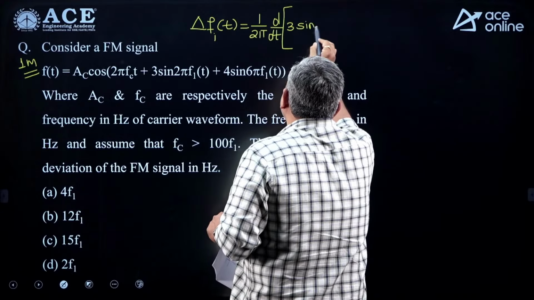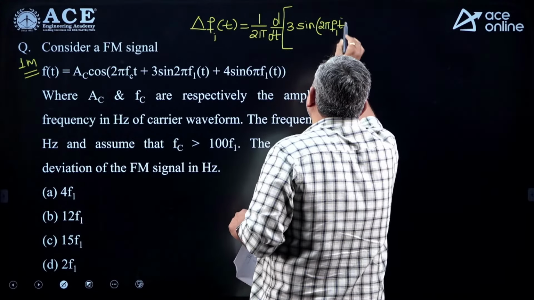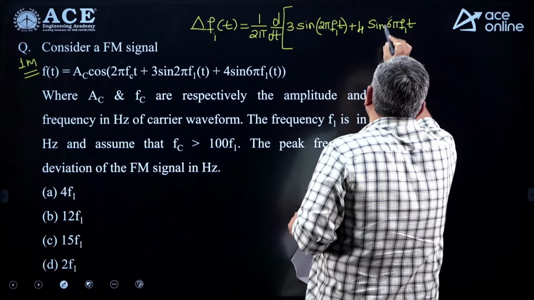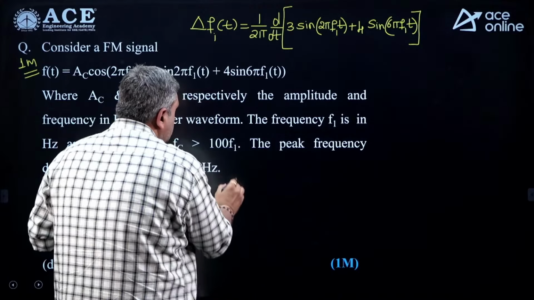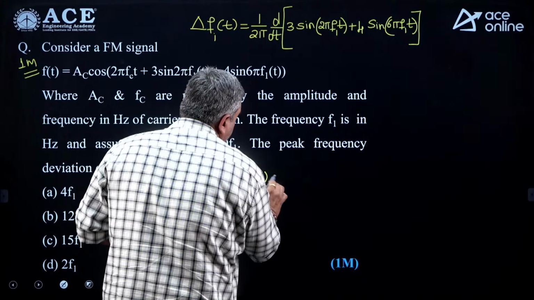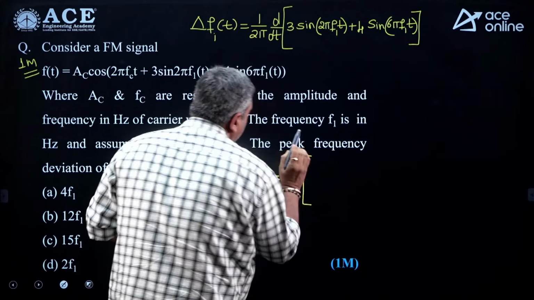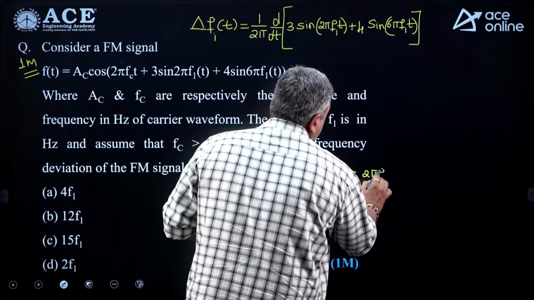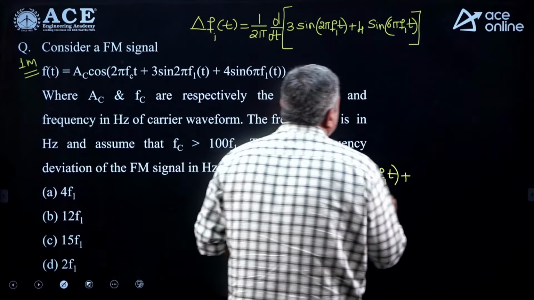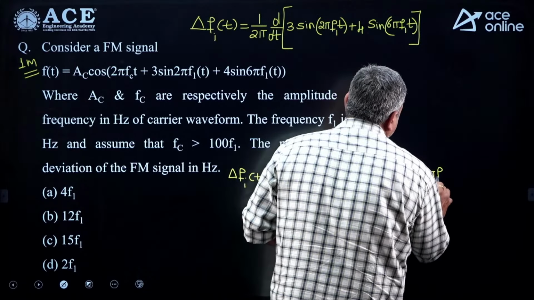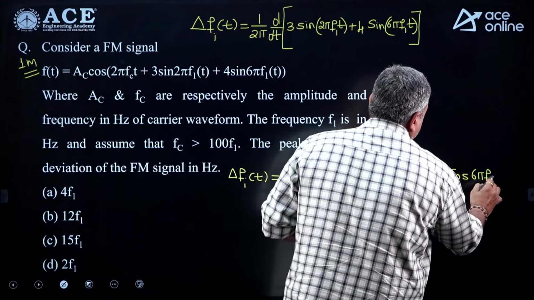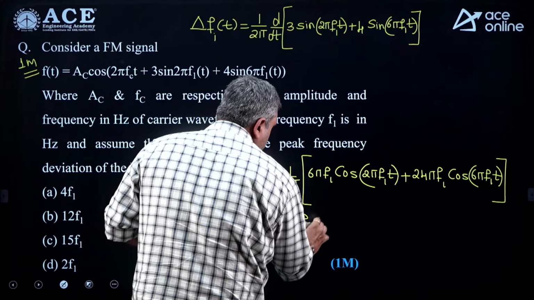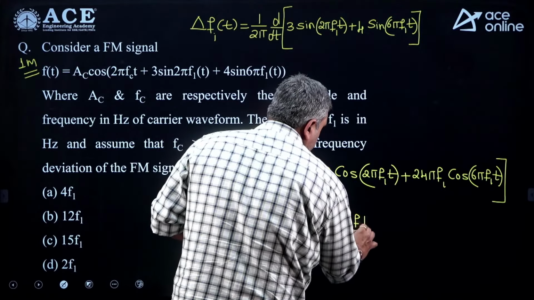So, what is this instantaneous phase deviation? It is nothing but 3 sin 2 pi f1 t plus 4 sin 6 pi f1 t, both f1 only, it is not f1 and f2. As per the data provided, it looks to be both as f1. If you take this delta fi of t, you get 1 by 2 pi into, when you take the derivative, 6 pi f1 cos 2 pi f1 t plus 24 pi f1 cos 6 pi f1 t. Dividing with 2 pi, you have 3 f1 cos 2 pi f1 t plus